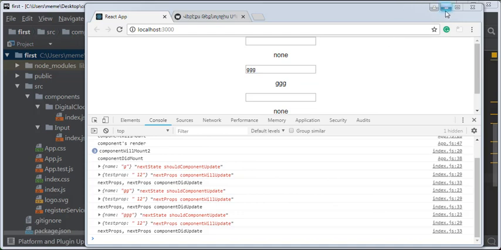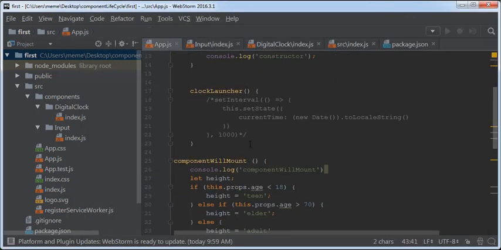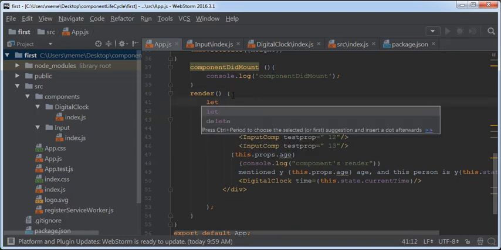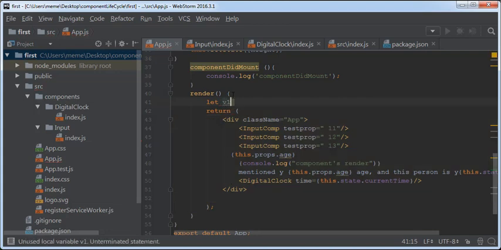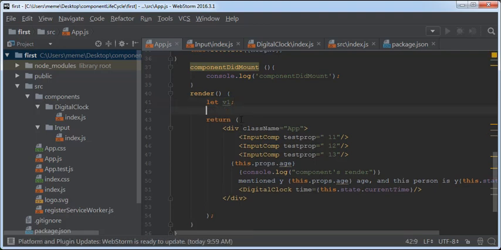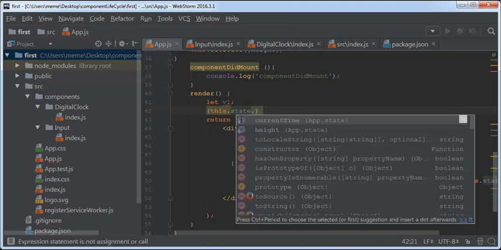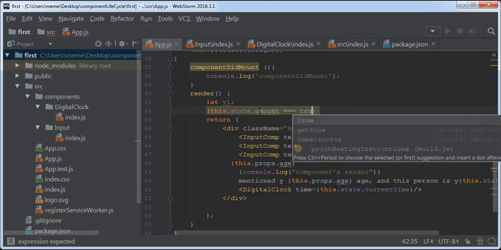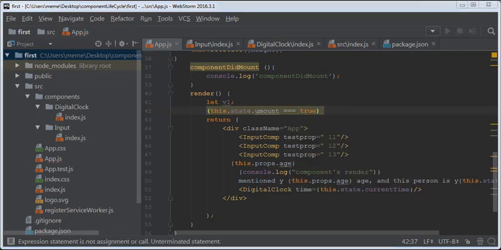And that's why in the app.js we write a code here in the render. So let's add a new variable, which is v1, let's suppose. And let's not write anything at the moment, let's leave it just as it is. Let us use the ternary operator, after that I insert in the v1